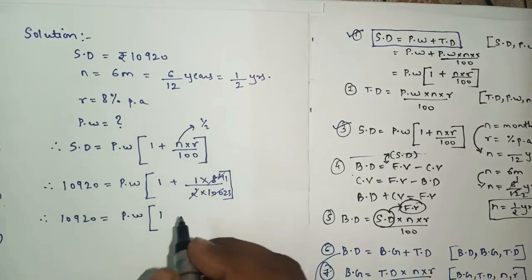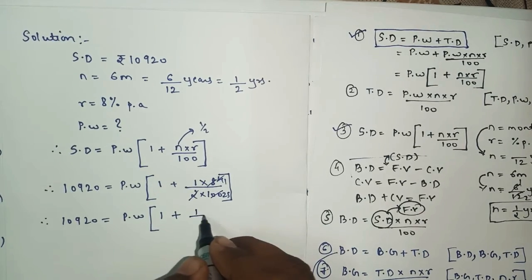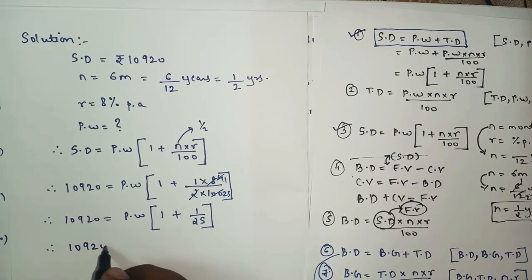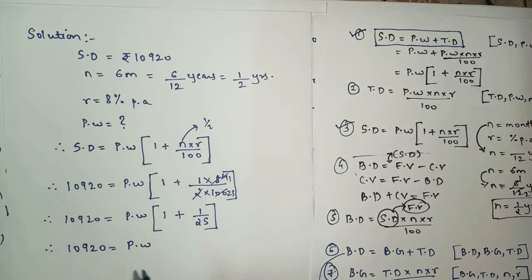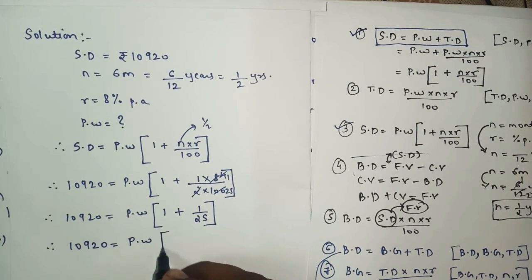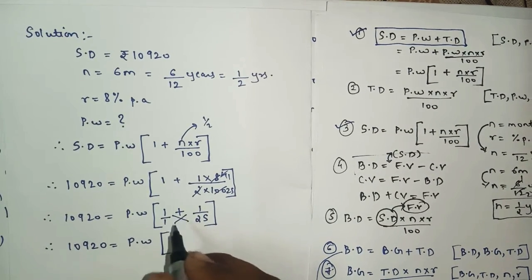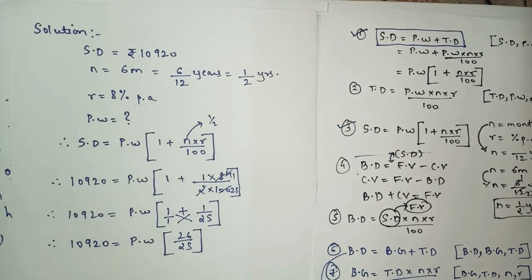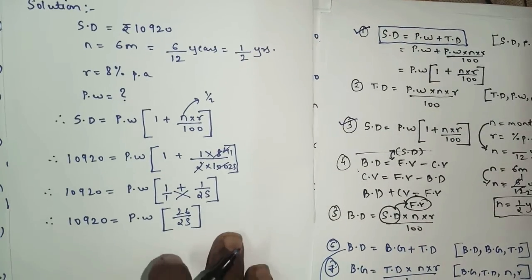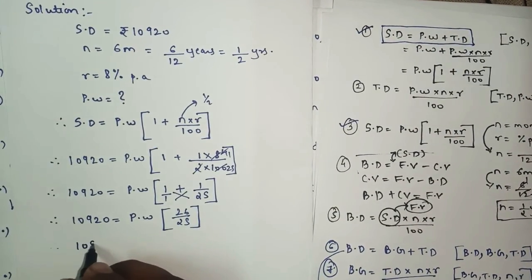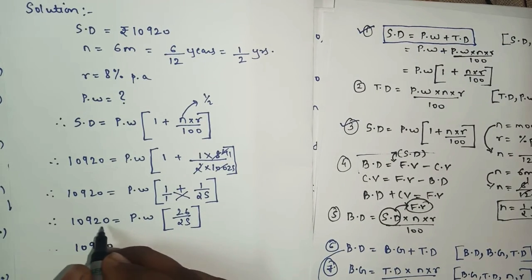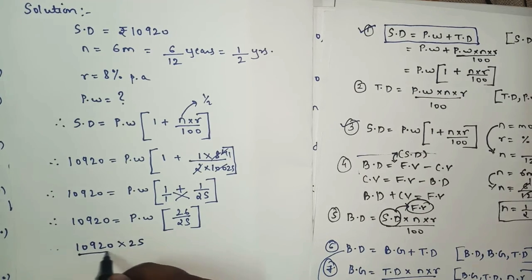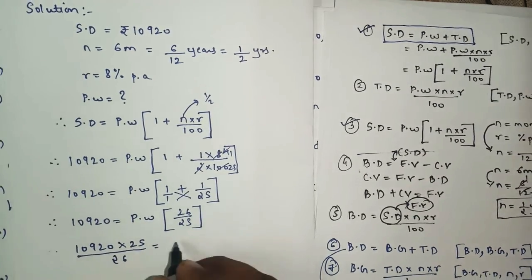Here we are left with what? 1 plus 1 upon 25, yes or no? So therefore 10920 equals PW. Here nothing is there, so we can write 1, so cross it. So here you will get 25 ones are 25 plus 1, 26 upon 25, yes or no? So after this, 10920, this 25 will move up to the numerator, and this 26 will come down, equals to